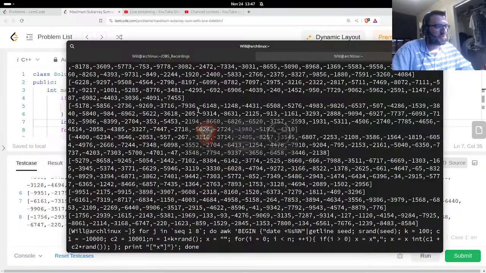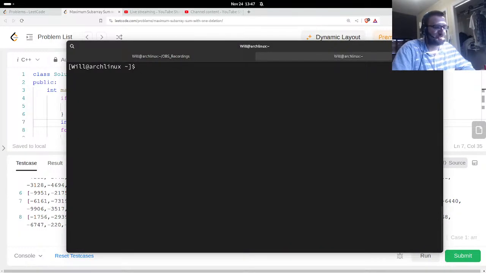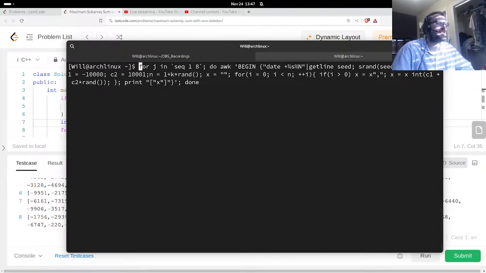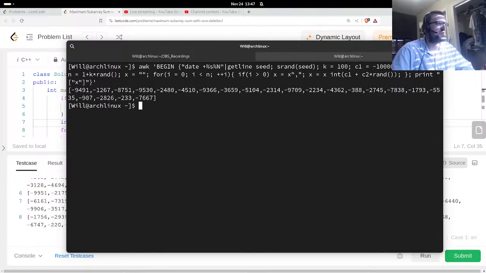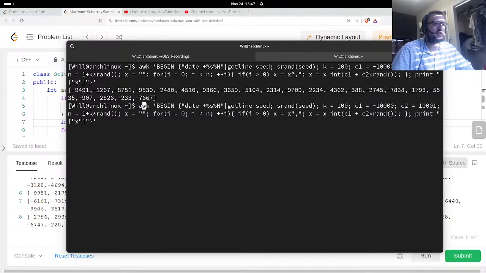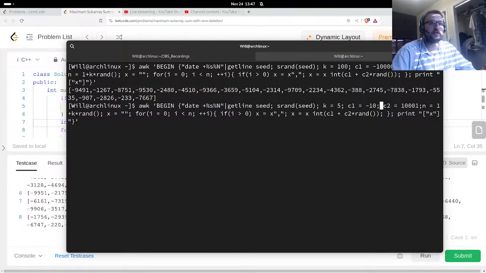Okay, so the logic was not right. I thought it was, but okay. I didn't prove it. Something's not quite right. I wasn't too sure, so it's good that I tested it. Let's do like 5 elements, and let's do maybe smaller elements. Let's do like 10 and,